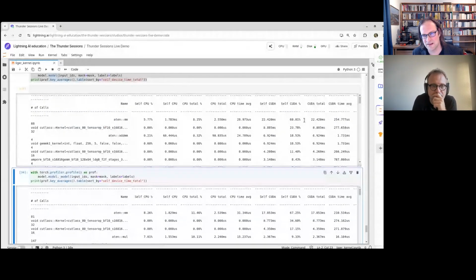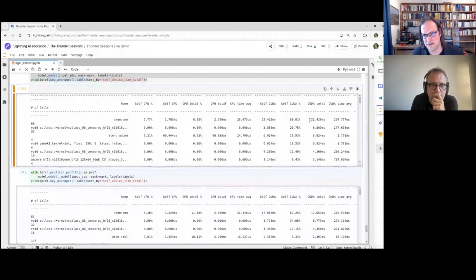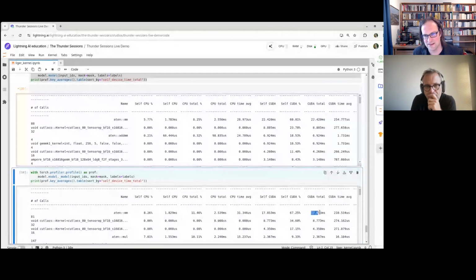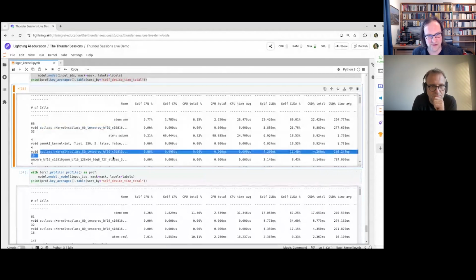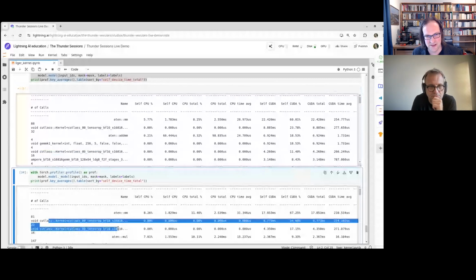If we look at the CUDA time total, we see that in the first line already we have a 5 millisecond discrepancy, and this is in the matmuls. In addition, if you compare it carefully, you see that here's a Cutlass kernel that's probably an attention module, and this is here again, and those are the next two here.